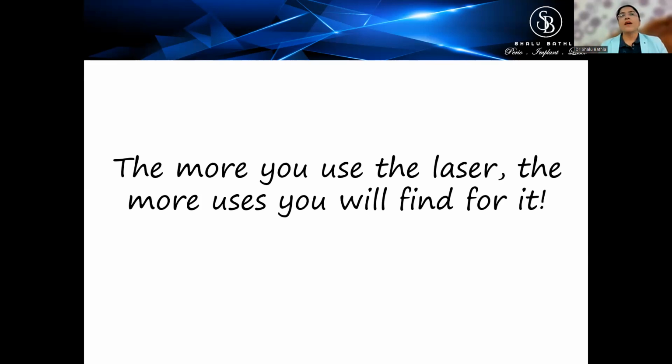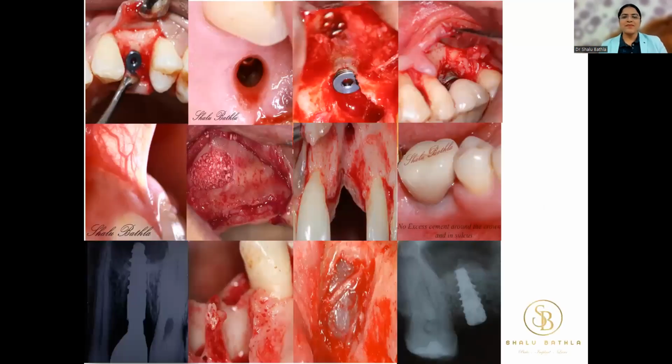Even we have been trying to use the lasers for tinnitus patients also. For TMJ disorder, we have definitely used it, and we have got very beautiful results also. Even for post cancer patients, we have used the laser for healing purposes. It has a lot of uses, but we just need to use it.